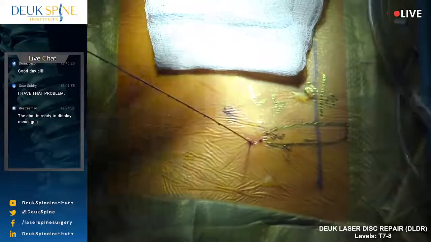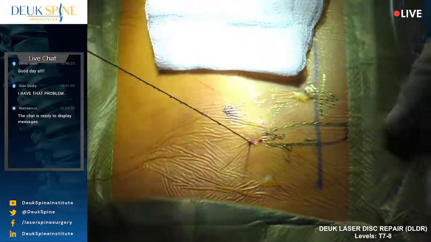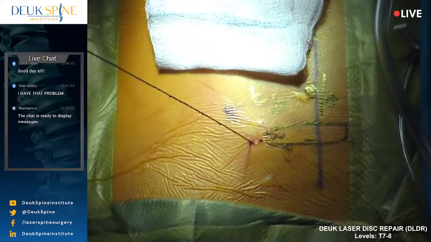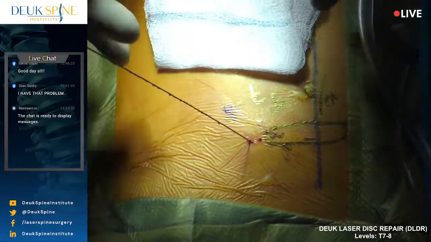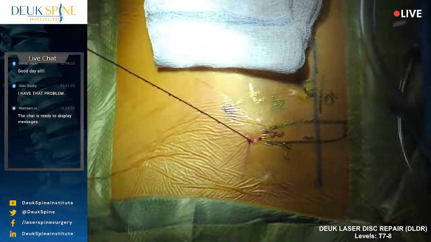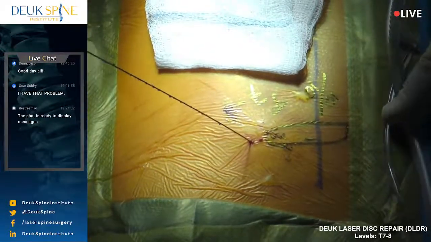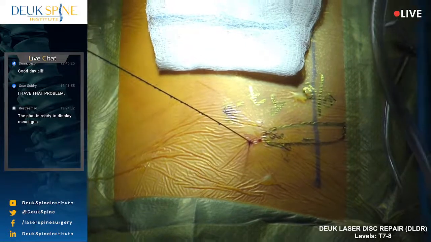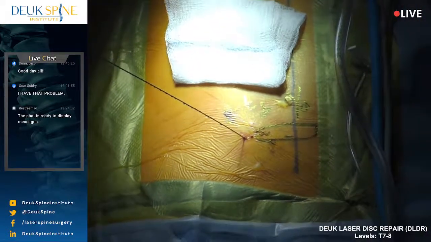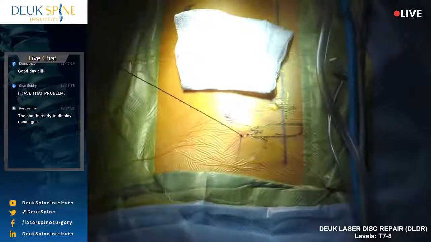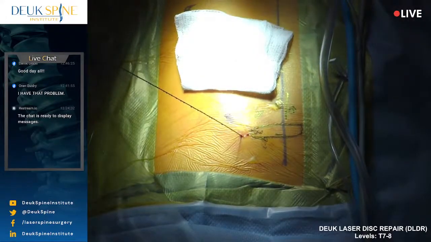You know, go do an epidural, go do a facet block, do some physical therapy, do chiropractic. They do all of that and they can't get better. This patient is a professional therapist. Okay, they're a sports therapist, and they know all the therapy modalities. They've tried them all. And yet they're here having the Deuk laser disc repair because they know nothing else has